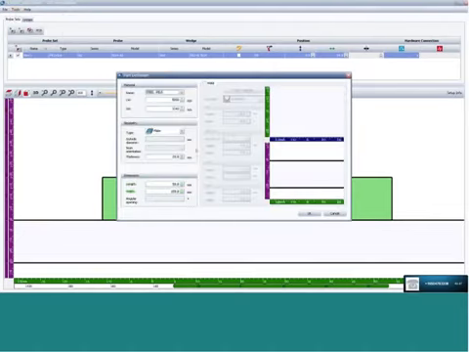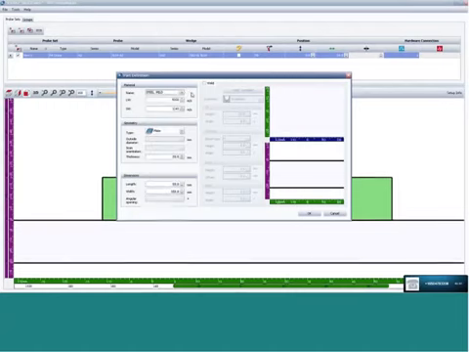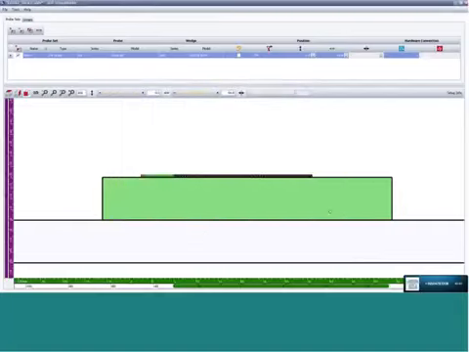The part is very simple for a corrosion or time of flight type of inspection, and I only need to enter velocity of the material, selecting from the database, and a thickness for the component. This is strictly for plotting dimensions of the probe and the beam coverage. So the component's configured, and the rest of this we can do directly from the Add Probe tab. When we add the probe,